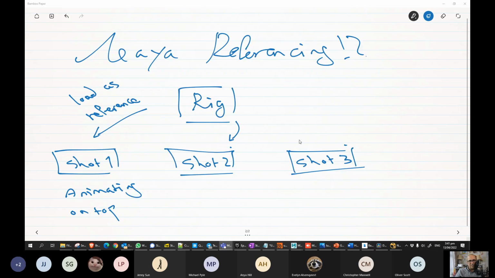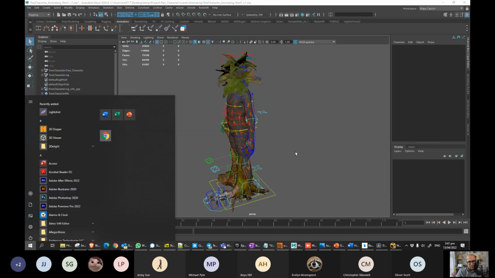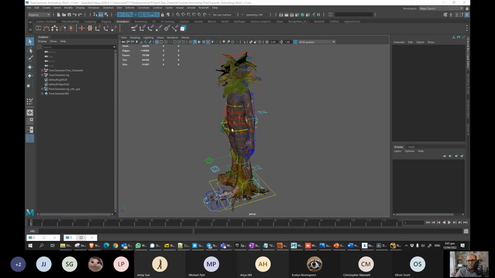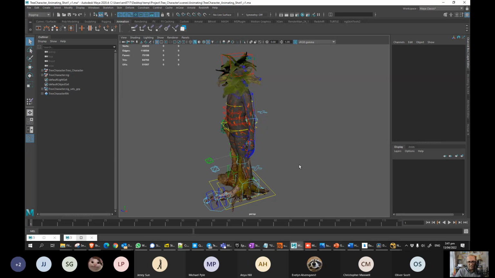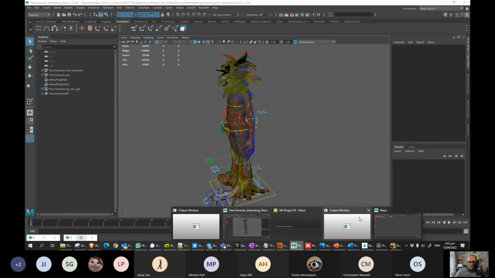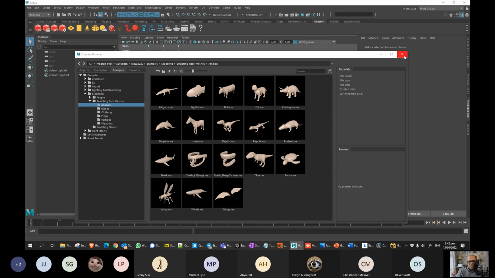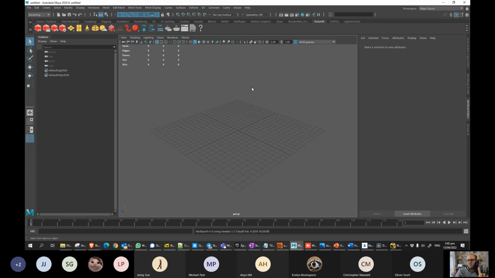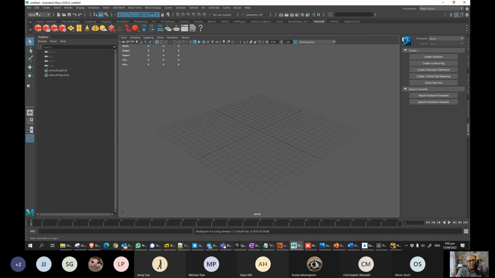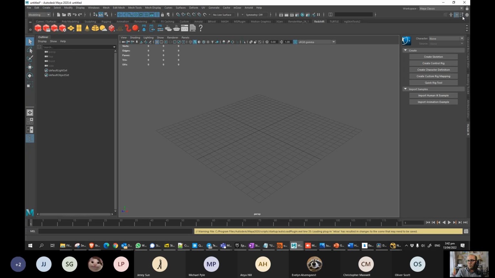So let's see how it works in function. Let me just open another Maya. Just imagine that one of you is the animator. The person sitting here animating is the animator. And the other person is the character artist, who is working on the rig. So the next time, if you hand the file to the next person and they want to open the file,